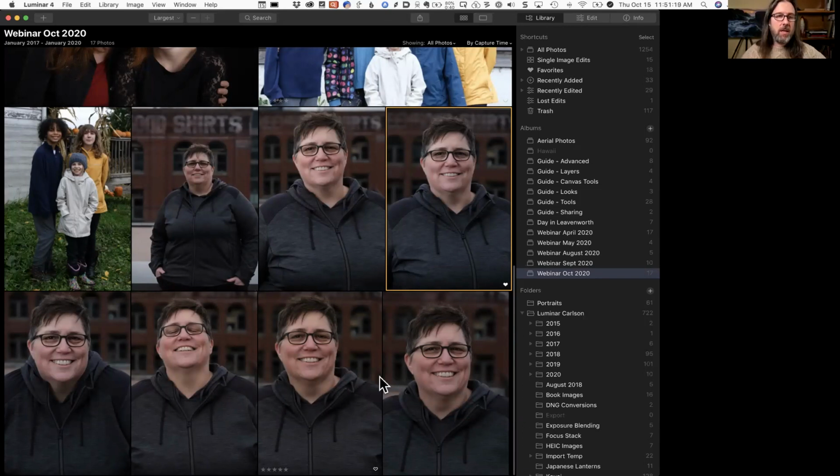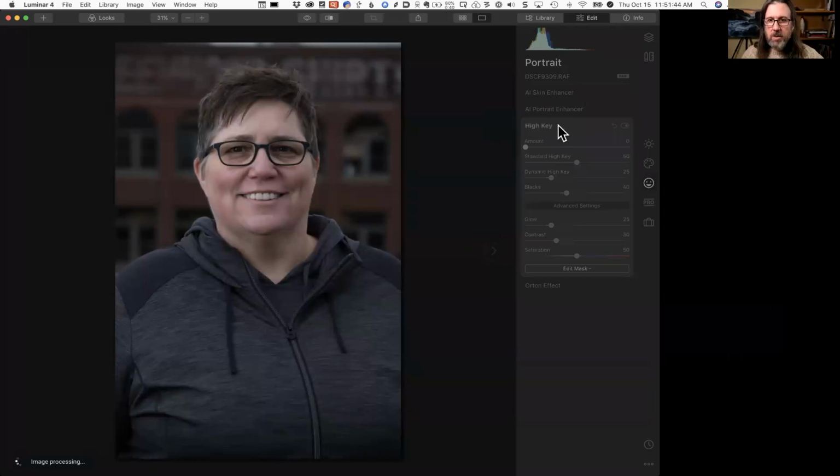If I were to edit one of these and then want to apply the same edits, in some cases, like in a traditional program, I would have to create masks. And if I then pasted those edits onto another image, that would be fine, except that once she's moved, maybe the eye enhancement would be on her cheek or on her forehead. So what Luminar does, and again, I'm just going to hit some really quick edits here,